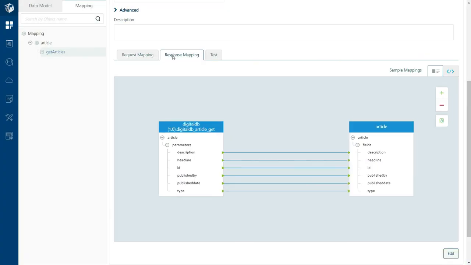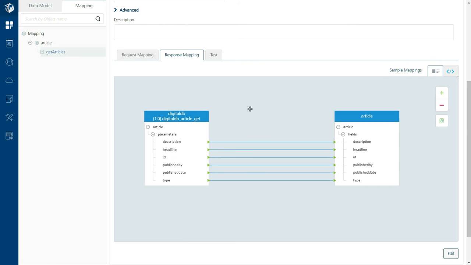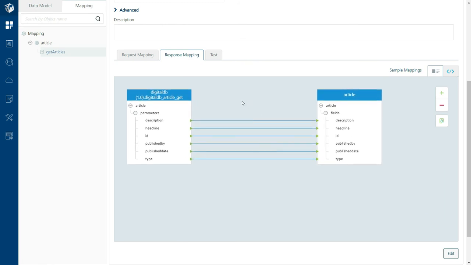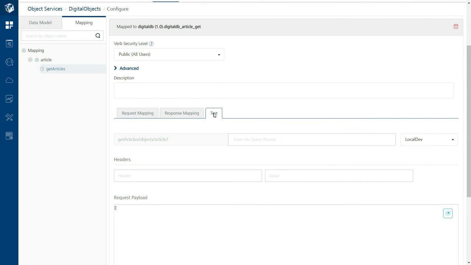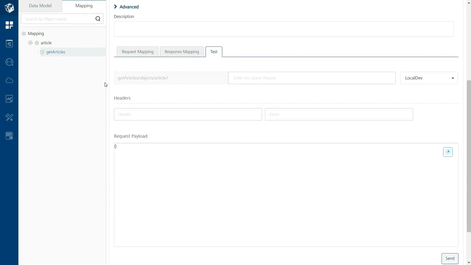Similarly, we can do the response mapping. Here if you see, the response mapping is automatically created from the output parameters of the integration service operation to the fields inside the article object. So the response which the integration service operation gets will be mapped to the fields inside the article object, which will be sent to the front end application. This test tab will allow us to test the operation that we are creating.